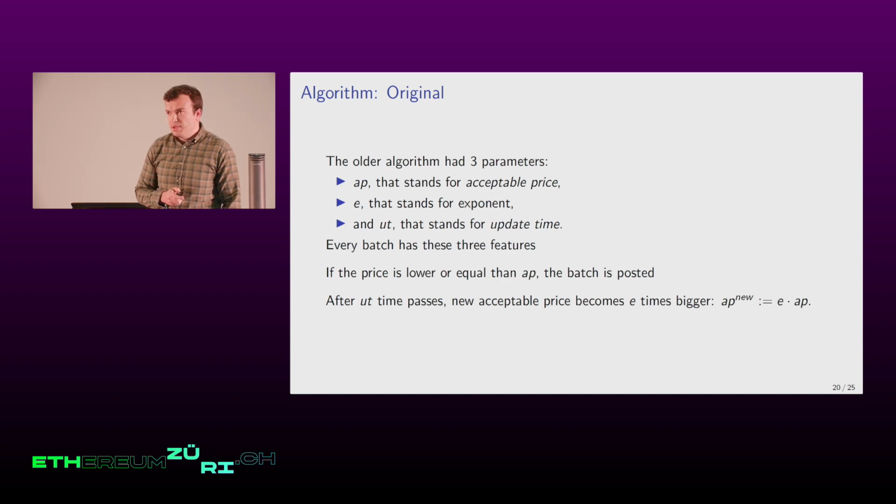In the original algorithm, there were 3 parameters. There was an acceptable price under which it posts the batch, and each batch is associated with these parameters. Then there is some exponent, and third, there is update time. What happens if the price is not below the acceptable price? Then it waits for this update time, which in that case was 2 hours. And then it multiplies the acceptable price by the exponent, and that exponent was 2. So it was waiting for 2 hours, and if the price was still not good enough, then it was doubling